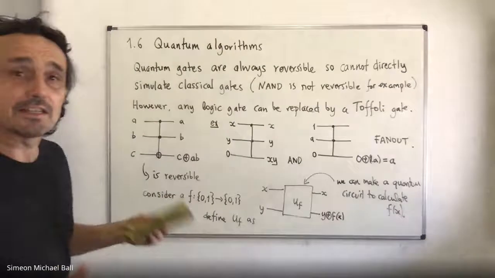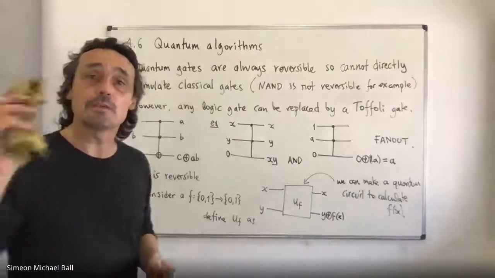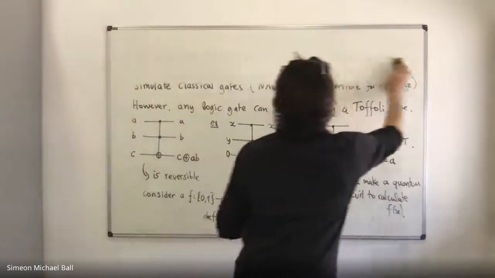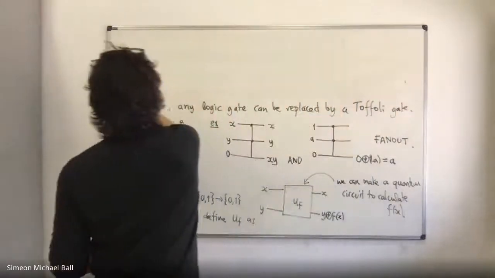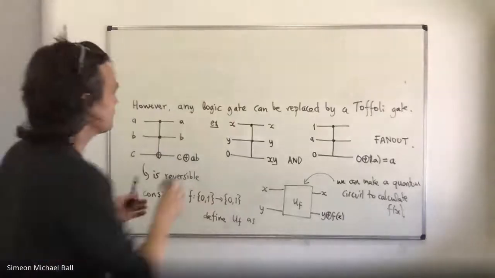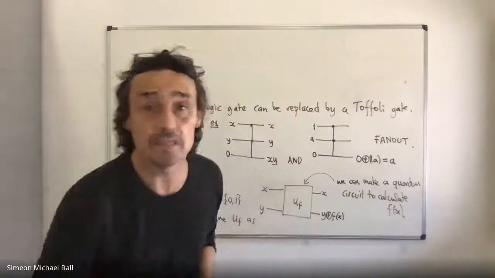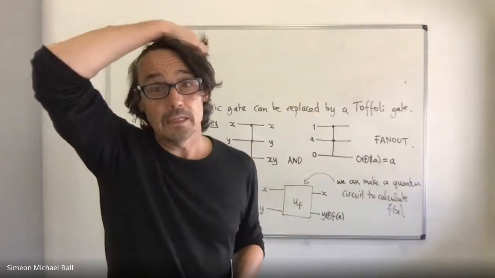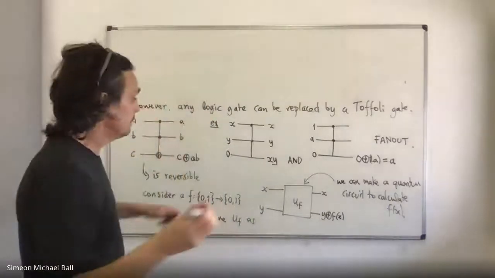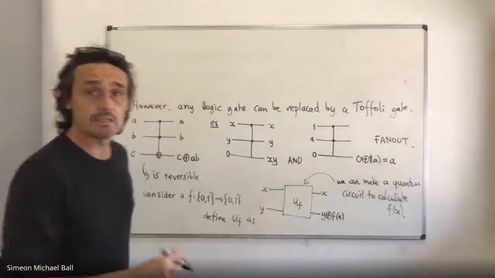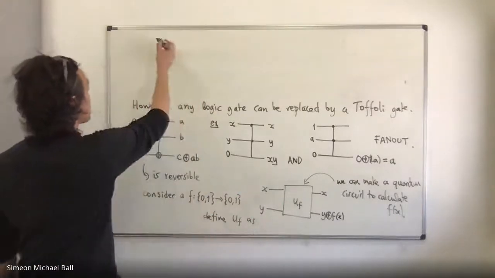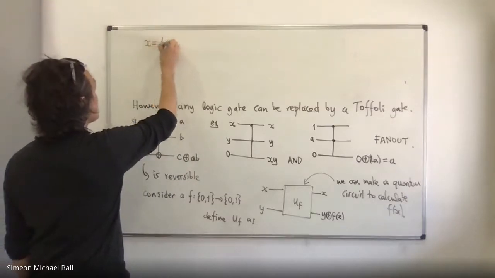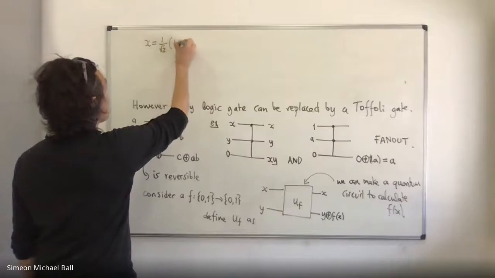Yeah, you might still not see what the point of all this is, but now we're going to do something a little bit strange, and this is somehow a little bit tricky to get our heads around. We can put into this circuit, instead of just putting in 0 or 1, we can put in x, for example. What happens if we put in x as a superposed state, so 0 and 1,